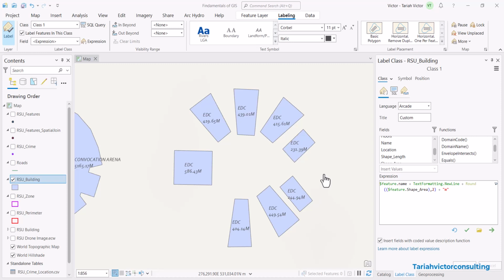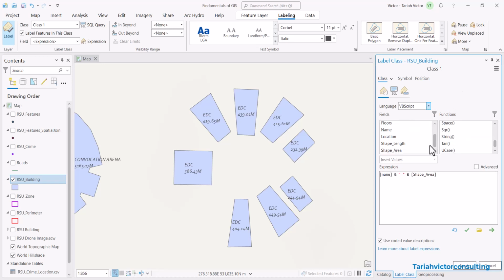All right, so we've succeeded in labeling our feature using the Arcade function. Let's try repeating the same labeling using VBScript. For VBScript, we'll use the AND operand to concatenate the fields. We have a name field, and I'm going to introduce a function called